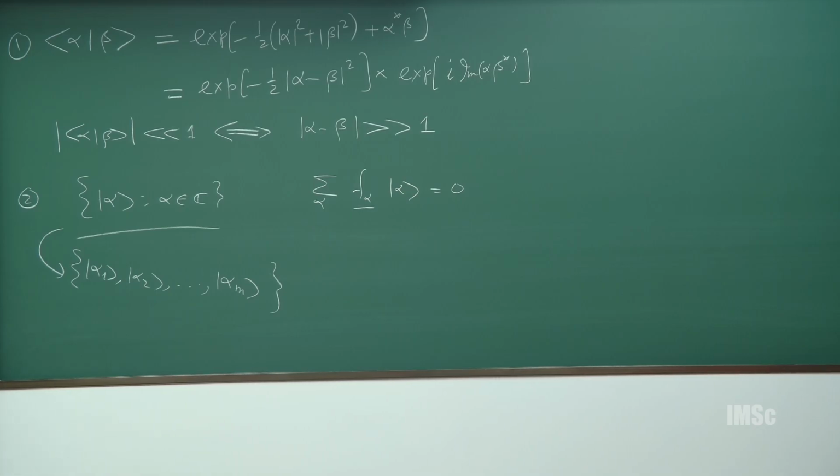This is a bit tricky. We are dealing with an uncountable set and talking about linear independence, but for an uncountable set, linear independence comes in this way. Okay, good. So, next thing is that